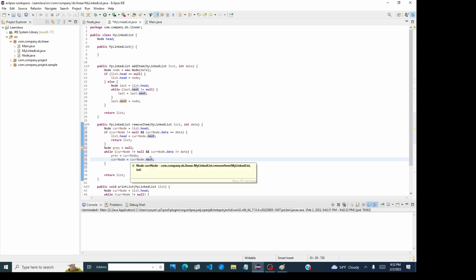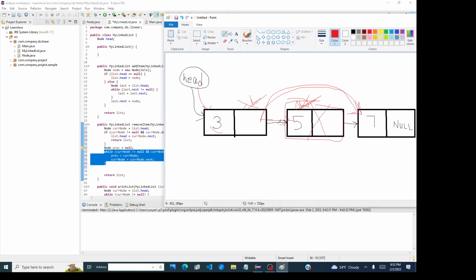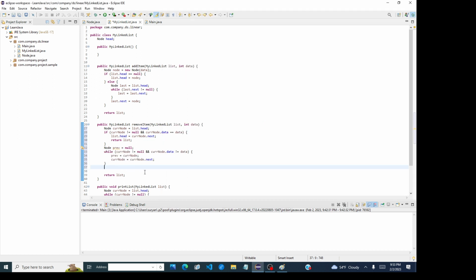So let's say, okay, this is another scenario. If you have gone through this list and we exit out of this list, it means current node dot data is not equal to data, so it has not found the data and it will keep going. But as soon as it finds the data, let's say it found the 5 which we want to delete here, then what we have to do is, it means the current node